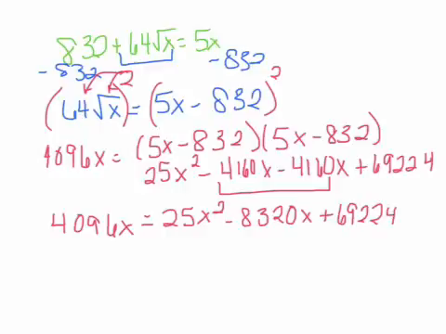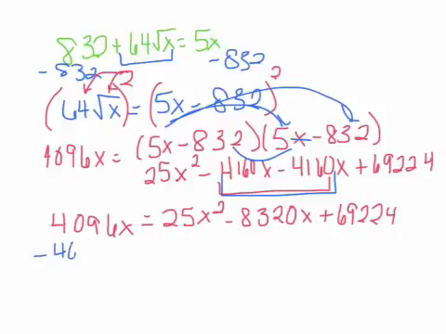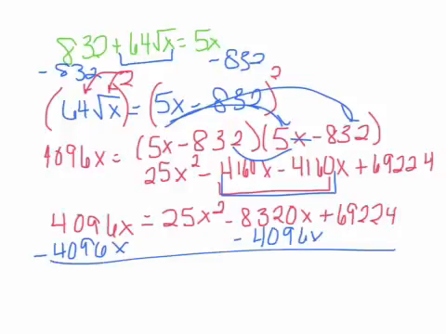Okay, so you can see that I did my distributing. So what I did is I distributed everything, and then I combined my like terms right here. So my goal here is to set this equal to 0. So I'm going to subtract the 4096x to its like term on this side. So 0 equals